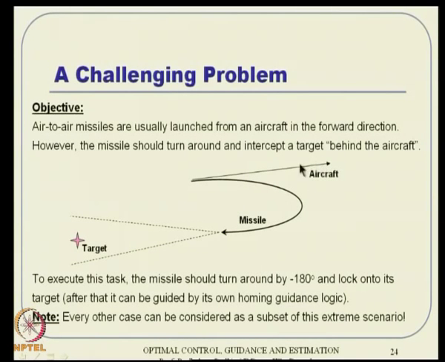Typically it is capable of firing a missile towards a target in front. So, if a target is actually in the backward side of the aircraft, the typical thing is you do a cobra maneuver. You increase your angle of attack, and hence the drag increases and the speed reduces. So, you come back, and then you reduce the angle of attack and then come down.